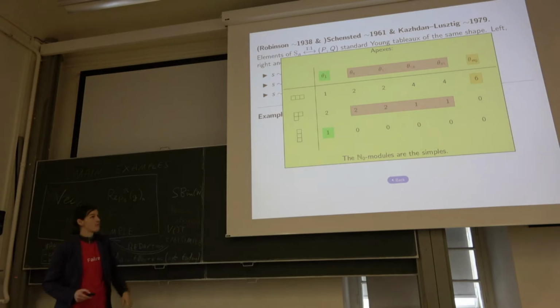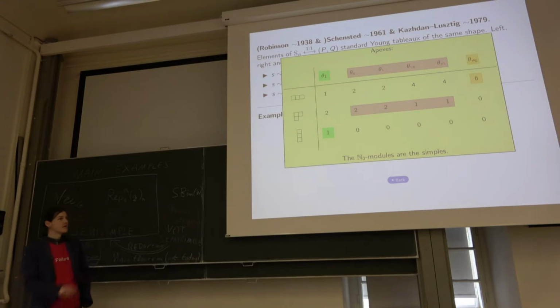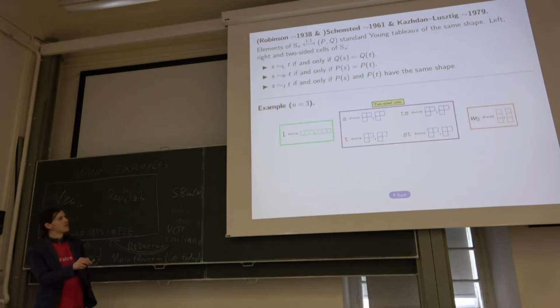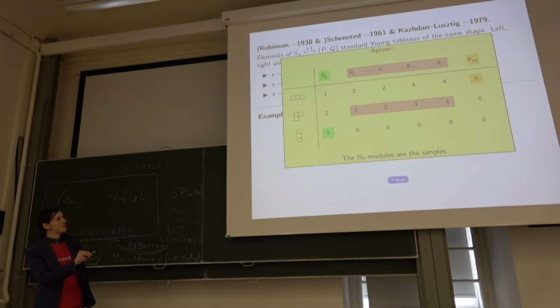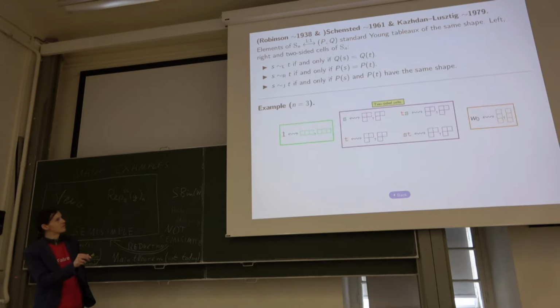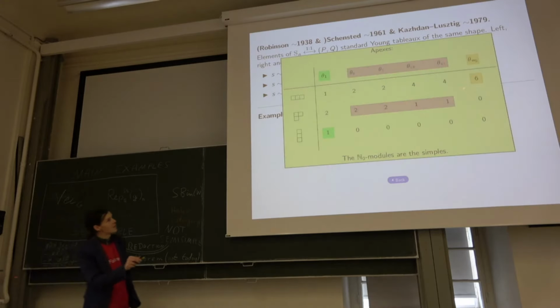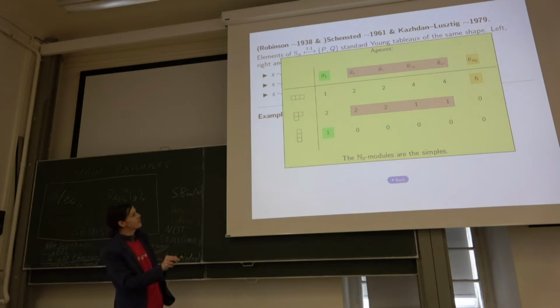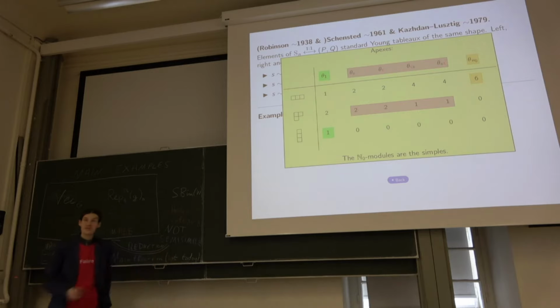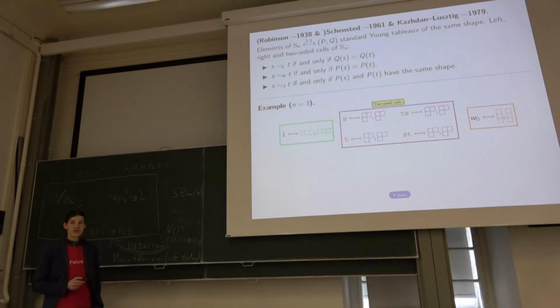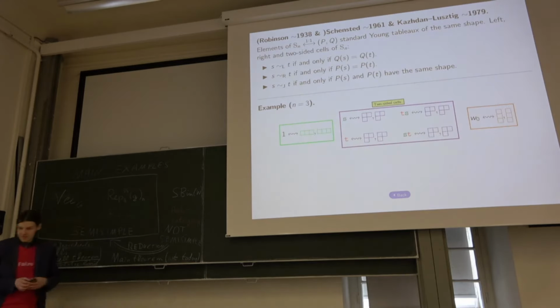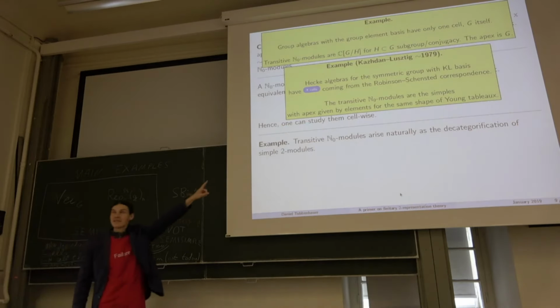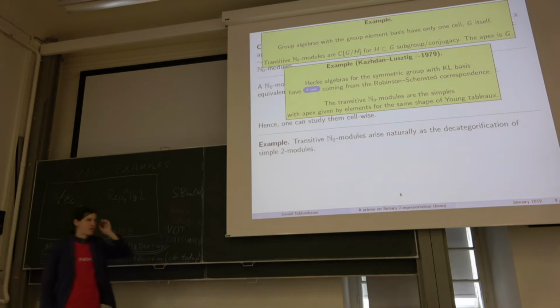And this was the table from before, and you can really see the apex here, right? The biggest cell not annihilating it is green, right? So the sign module is here. The biggest cell not annihilating it is orange. The biggest cell not annihilating it is this one, which is the corresponding apex of the corresponding simple. Remember that the simples are exactly, I haven't said it, the simples are exactly the transitive modules in this case, because they are already defined integrally, as I said before.